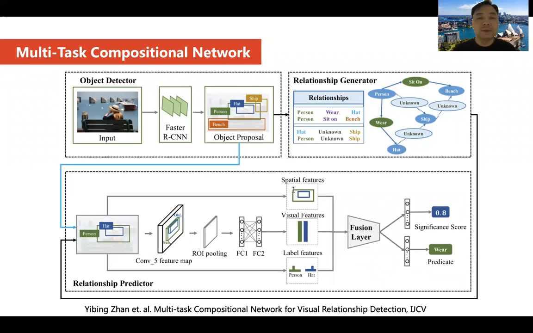To address the label missing problem and make use of unlabeled data, we propose a novel multitask compositional network, which includes a significance submodule to discriminate the significance of the relation samples. It eases the label missing challenge and meanwhile improves relation detection. In detail, we design a relationship generator to generate undetermined relationships and utilize the undetermined relationships and the determinate relationships to optimize the significance submodule.